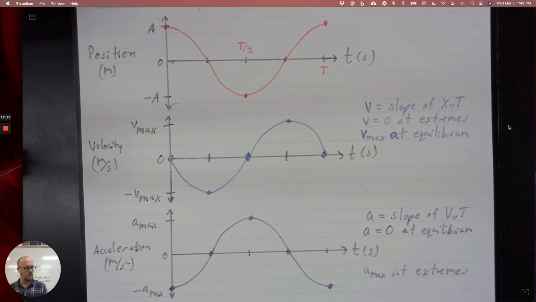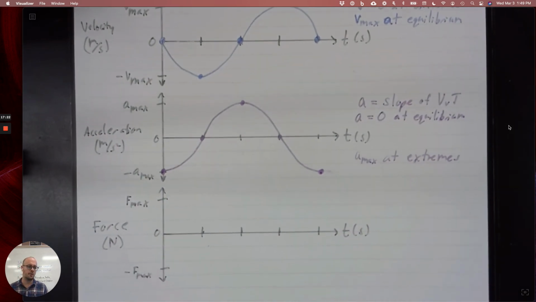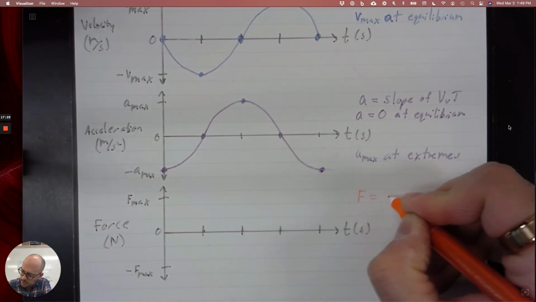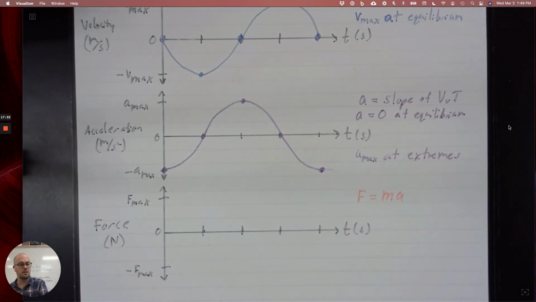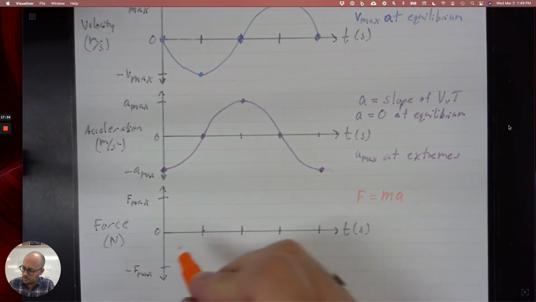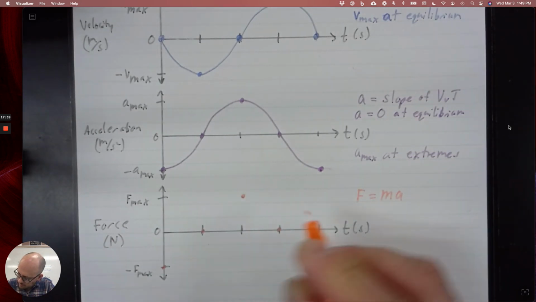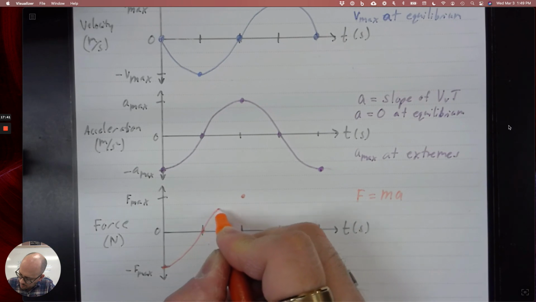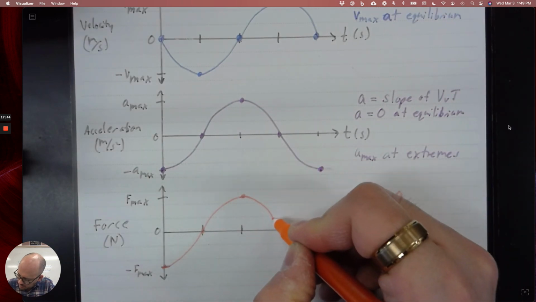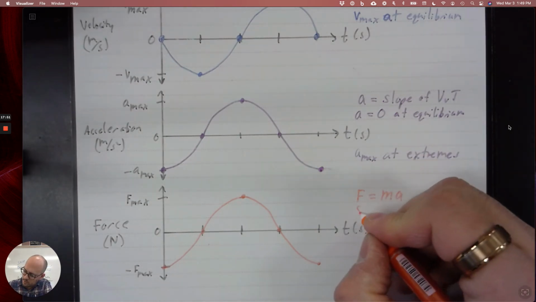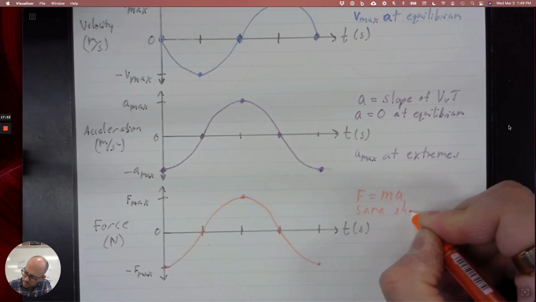Okay, so to kind of tie everything together, we have a graph of force. The force graph is so easy because the force is equal to mass times acceleration. That means that the force graph should have exactly the same shape as the acceleration graph. So there's no tricky slope or area under the thing or anything. They have the exact same shape. So same shape,